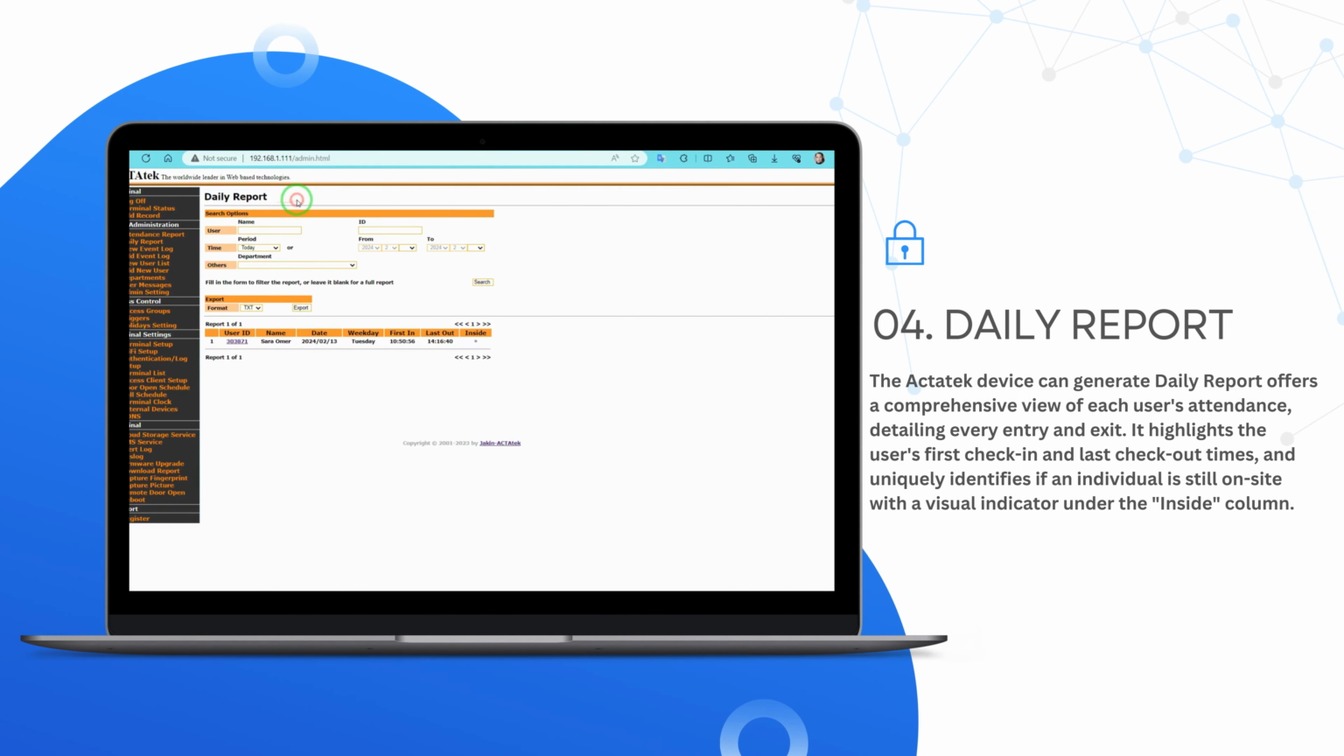Daily report. The ACTAtek device can generate a daily report that offers a comprehensive view of each user's attendance, detailing every entry and exit. It highlights the user's first check-in and last checkout times, and uniquely identifies if an individual is still on site with a visual indicator under the inside column. Users can customize the report by filtering through options such as name, ID, period, time, and department. For convenience, the report is exportable in TXT format, ensuring HR departments have flexible access to precise attendance data for